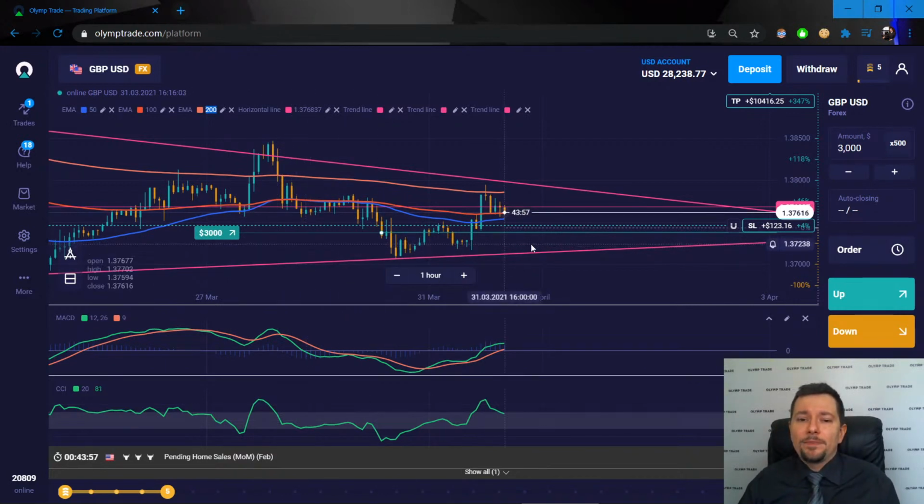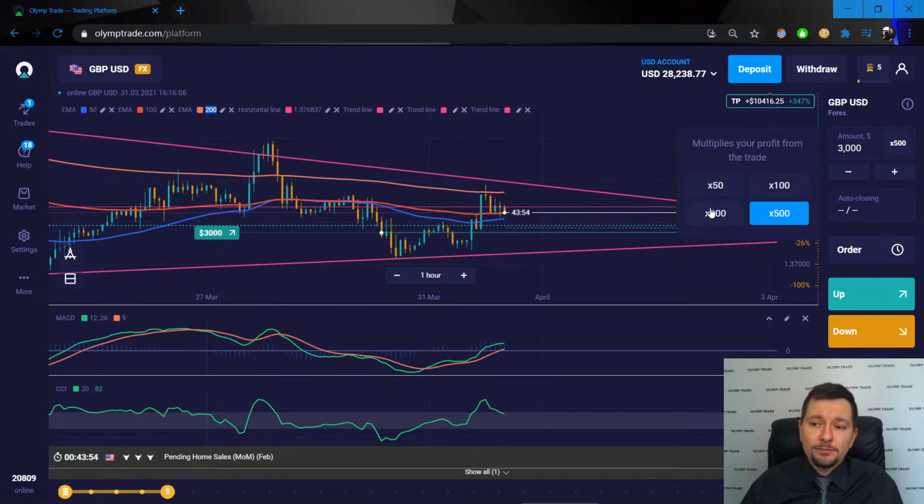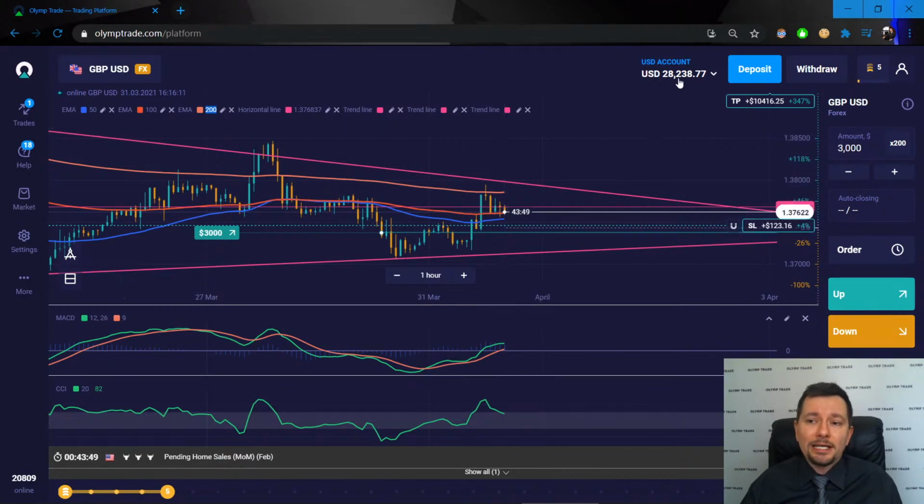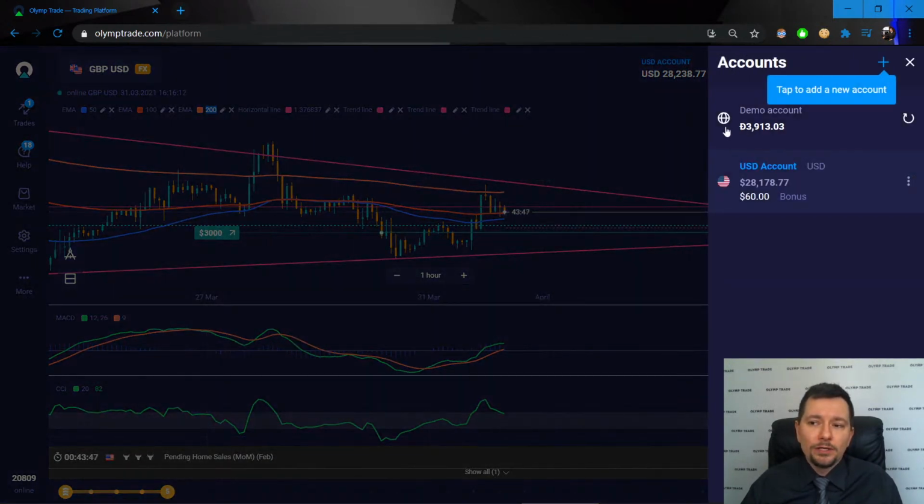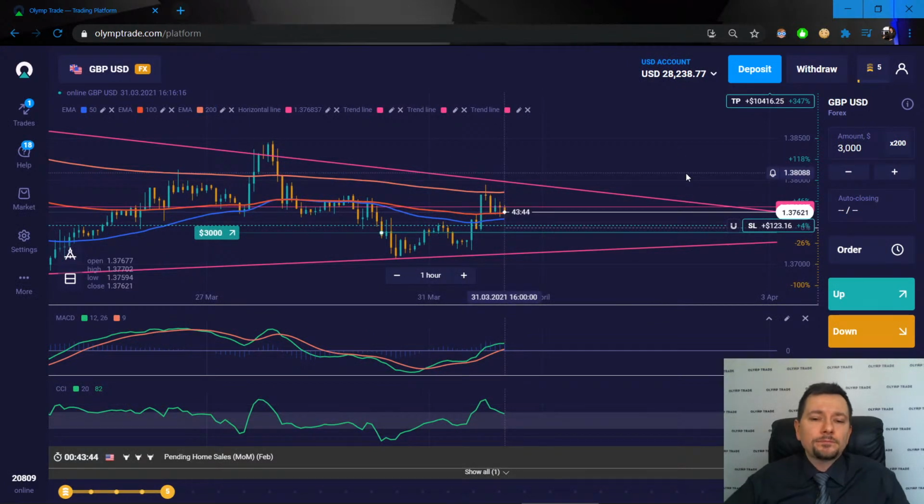This trade is with a 200 multiplier, so please, I never recommend using the 500 multiplier. How you can check is switch to the demo account and check what your stop loss will be when you drag it down. With the 500 multiplier and 200 multiplier, the mathematics behind it are simple, but they're tedious. You don't want to pull out a calculator. You don't want to calculate the price and how many pips it will be below. You'll have to calculate how much each pip is worth. So you can do it at a glance by opening up the demo account and opening up the same trade